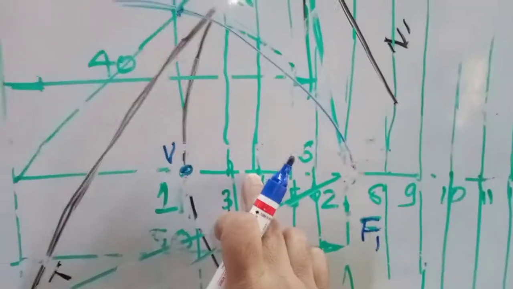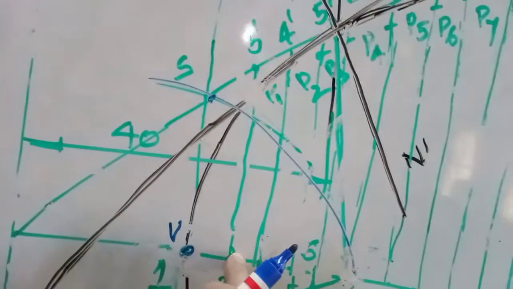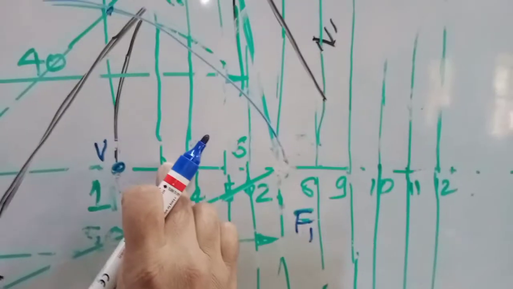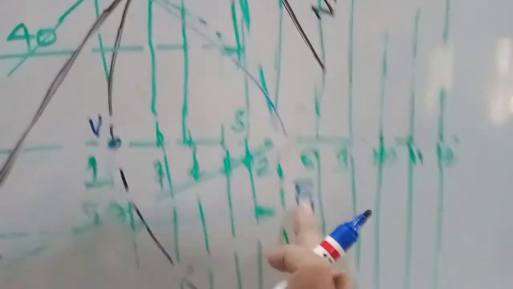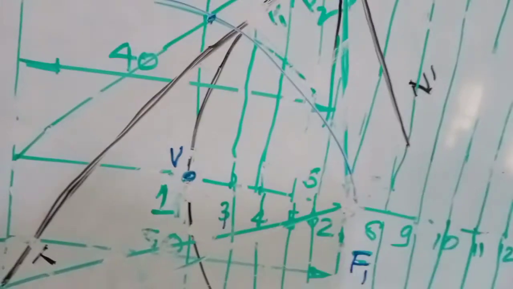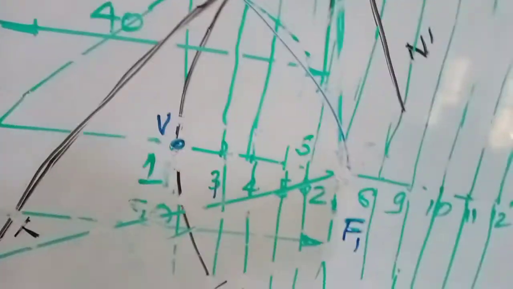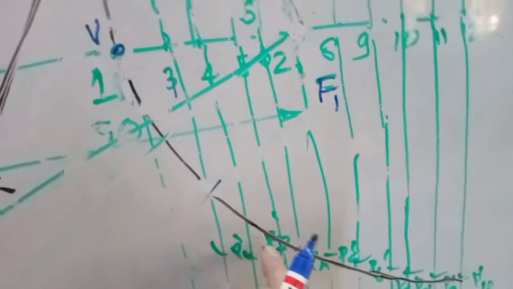the fourth point, is there, no? 4 to 4 dash. Cut the same 4 dash line from the same F1, always from F1. This is F1; cut upper side with the compass and bottom side. Upper side I am marking P2, bottom side I am marking P2 dash. So then similarly,